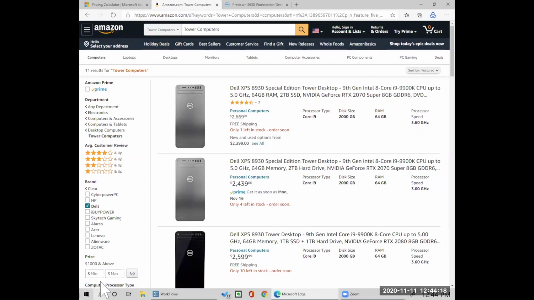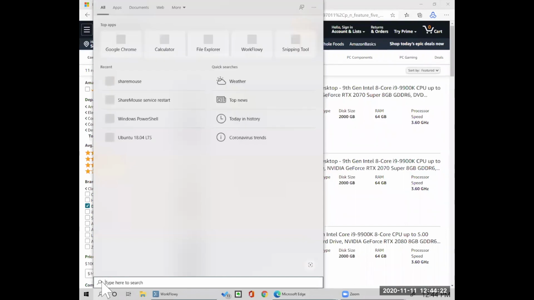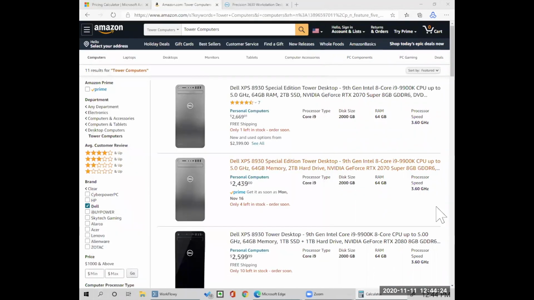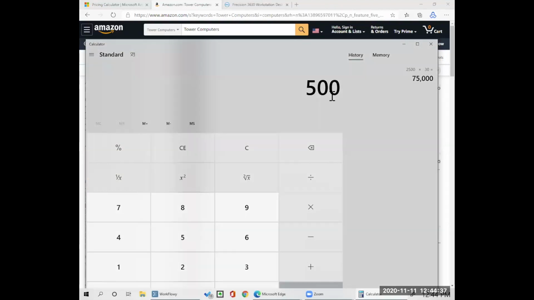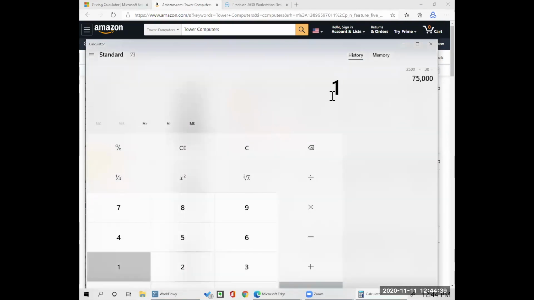$2,500 times 30 is $75,000. And then you're going to pay for electricity and stuff. So let's just say an extra $500, even if it's $1,000, is pretty big, right? $1,000 times 36 months, so 36,000.